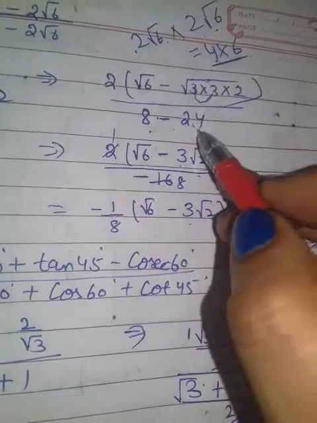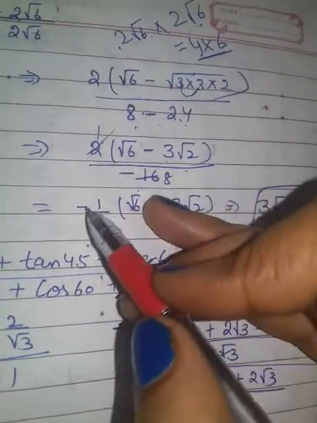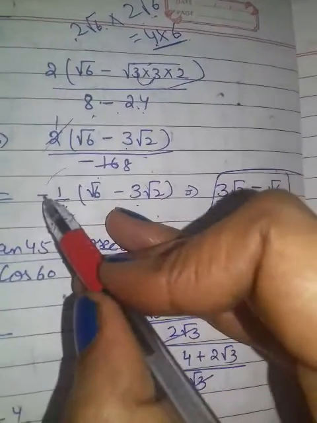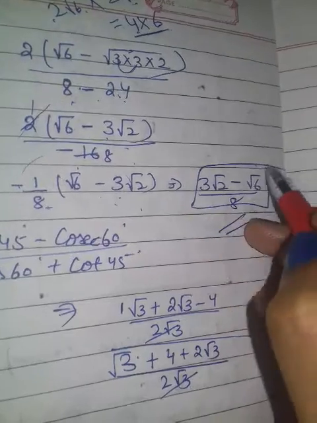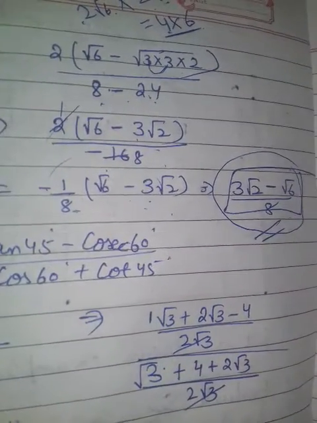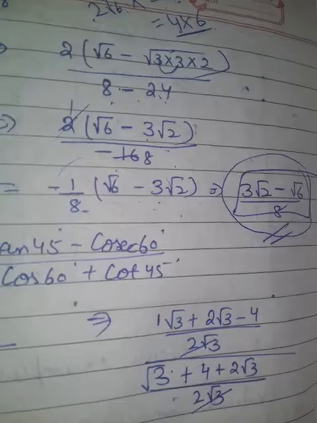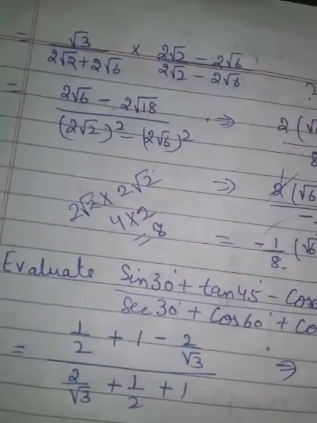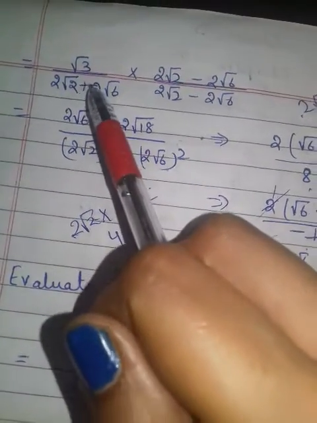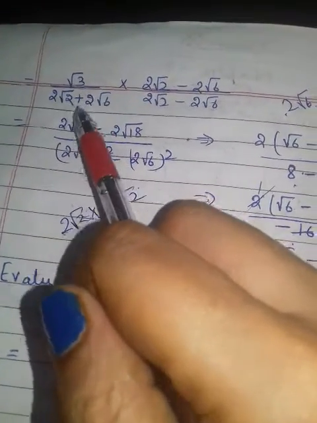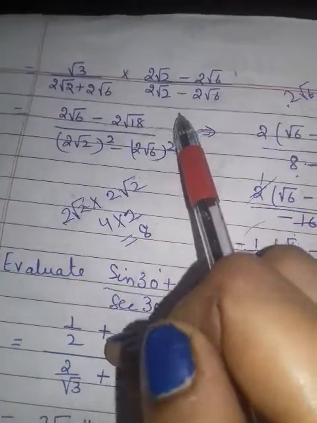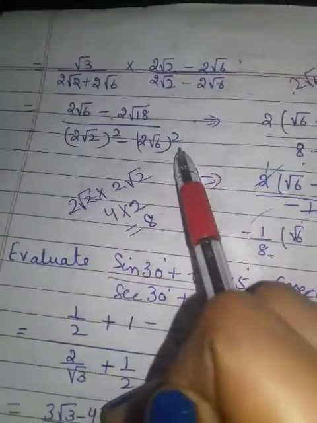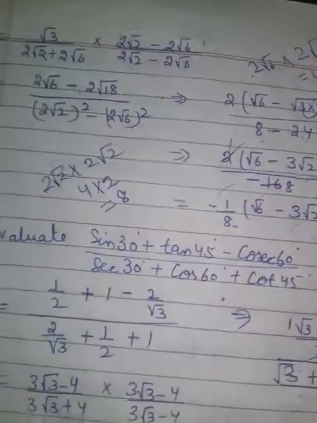So, after that, plus minus 16 you got. You have divided them, minus 1 by 8. So, I have taken minus as common, so I reduced this one. This is your result. You can leave it there also, but my motive is that you always have to eliminate the square root term from the denominator. That's why, you know how to do it: you have to change its sign for rationalization. Then after that, multiply. Always you will get this identity in the denominator, and open it, you will get this result.